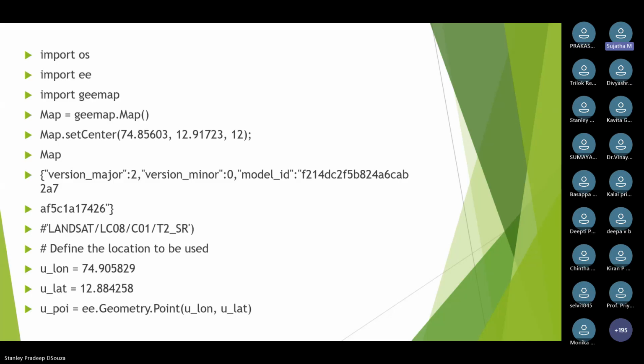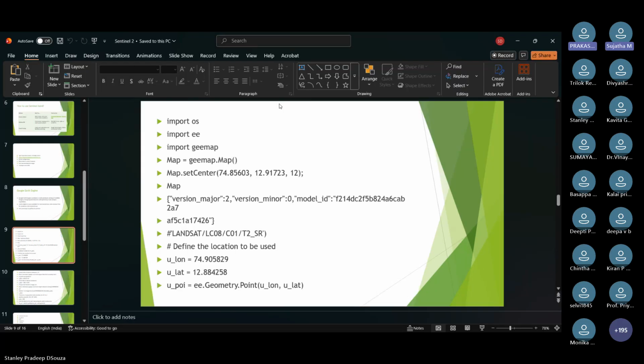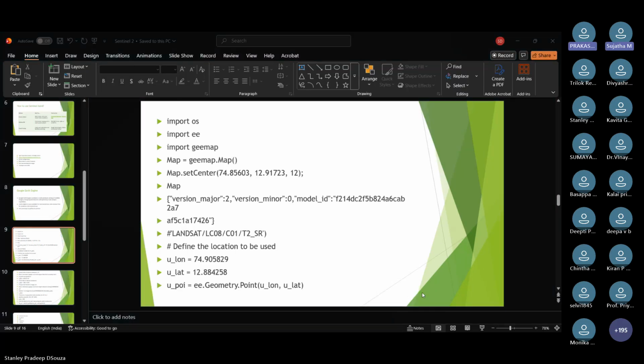So in order to make use of Google Earth Engine, we can either make use of JavaScript, or